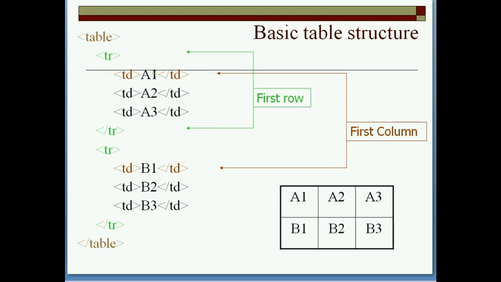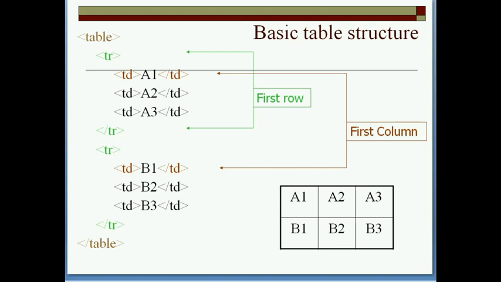So this specifies a table cell that contains the text A1, then another table cell containing the text A2, and another table cell containing the text A3 is specified here, and then the table row is ended. And another one starts with, again, table data with text B1, B2, and B3 until the table row ends, and